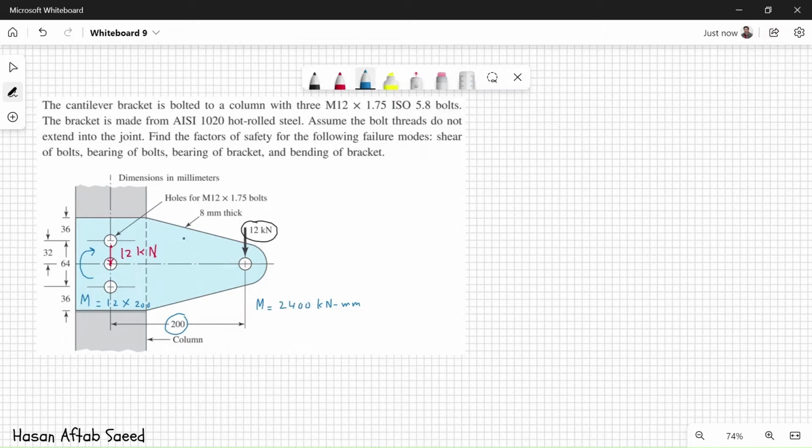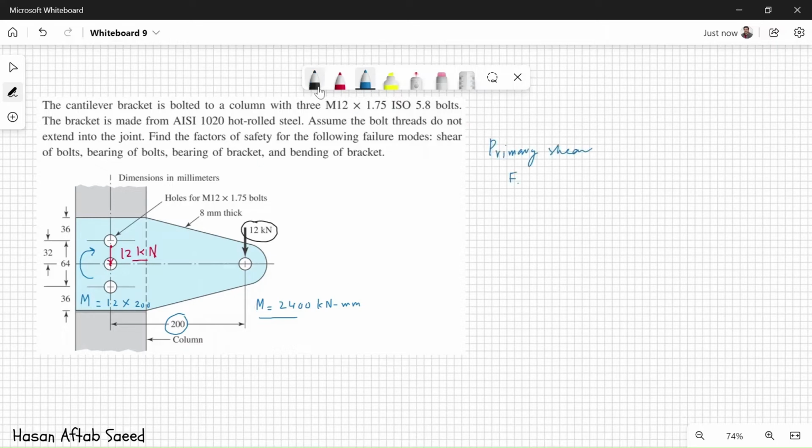Now we are going to treat this 12 kilonewton load and this 2400 kilonewton millimeter moment separately. One will cause primary shear and this other will cause a secondary shear, as discussed in the theory. Now as far as the primary shear is concerned,